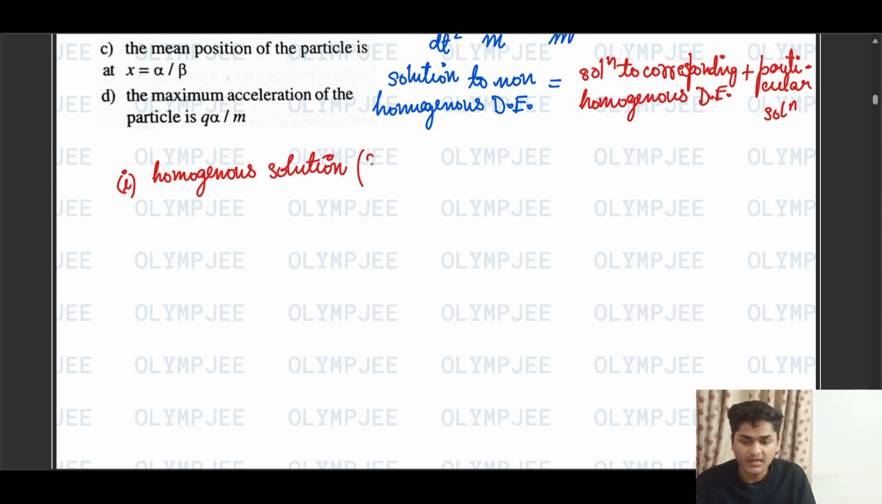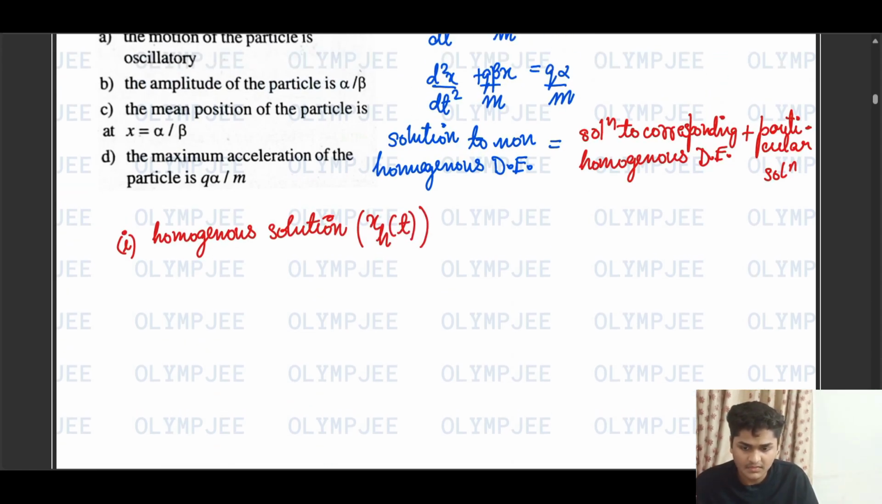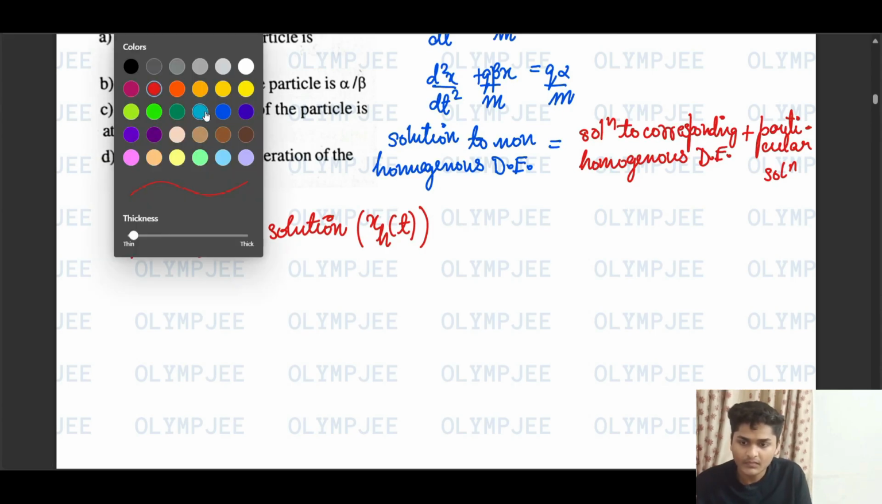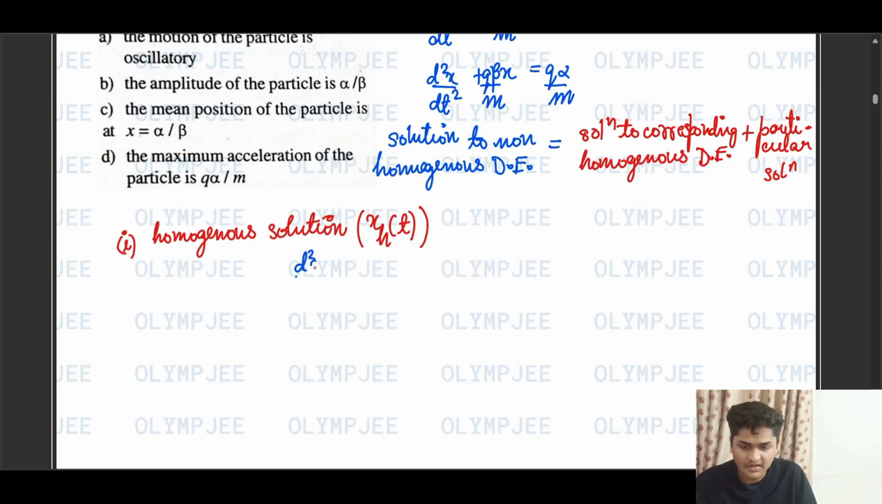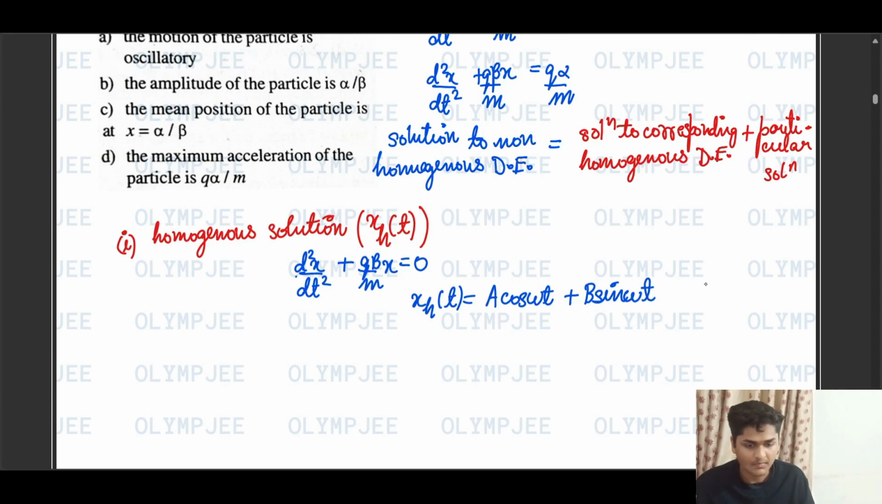And I'll denote it by XH. So we will get d square x by dt square. This is the homogeneous equation, right? And we know the standard solution to this equation is of the form, we read this in SHM basic theory. Right, and